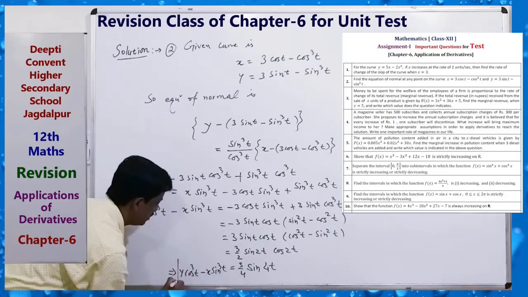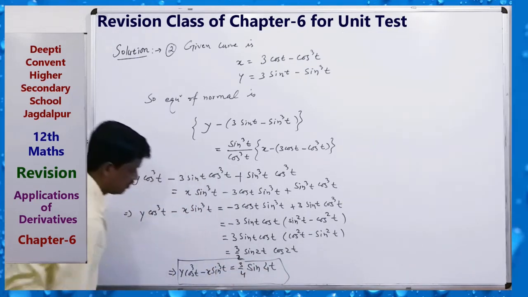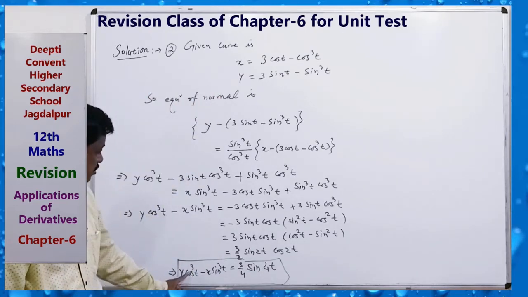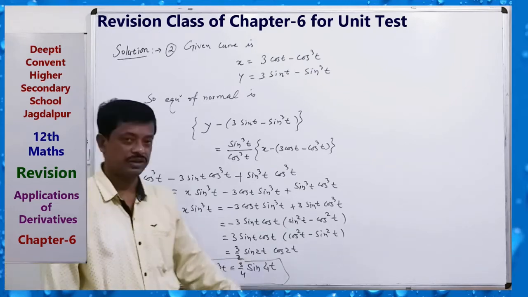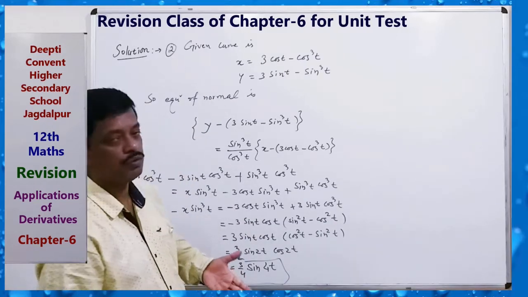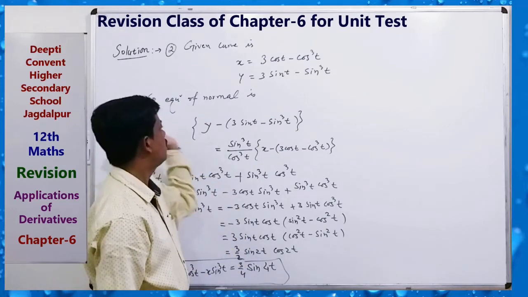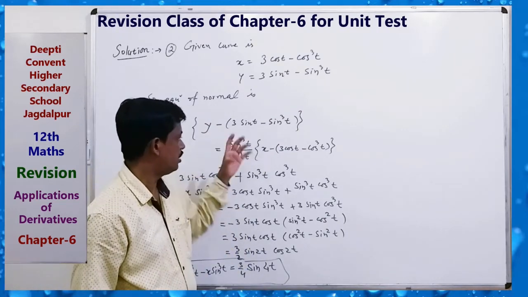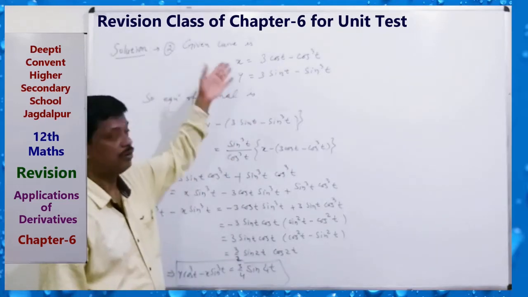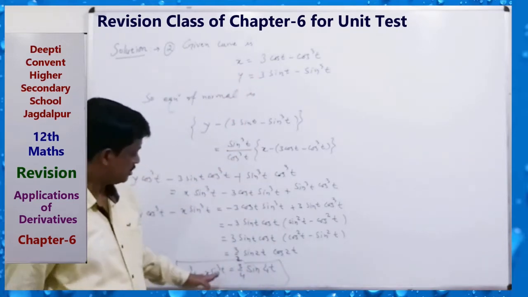So this is the equation of the normal to the curve at any point on the curve: y cos³t minus x sin³t equals 3 by 4 sin 4t. So for finding tangent and normal, we have to find the slope of either the tangent or normal as given in the question, and then apply y minus y1 equals slope times x minus x1. x1 and y1 will be the point of contact on the curve. So this may be taken as the point, and you have to solve only. This is the answer of this question.